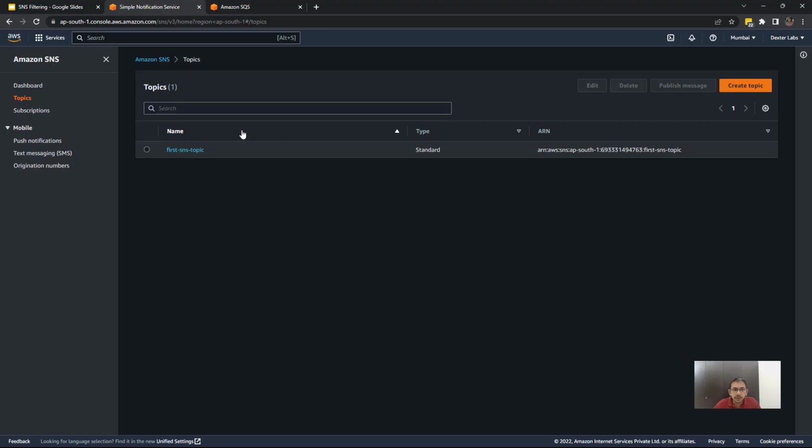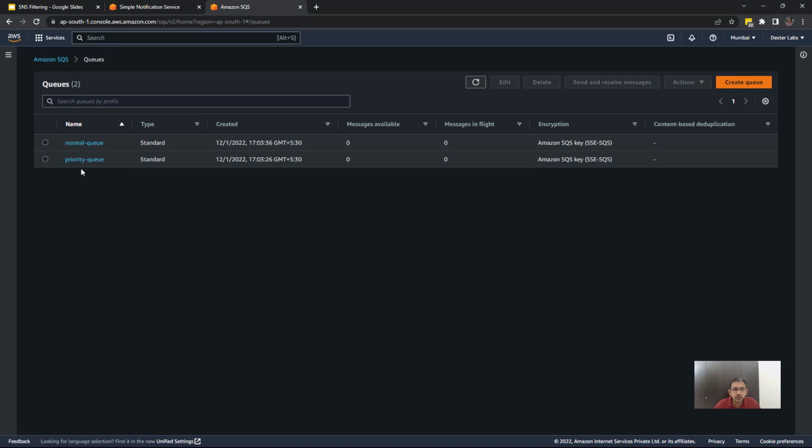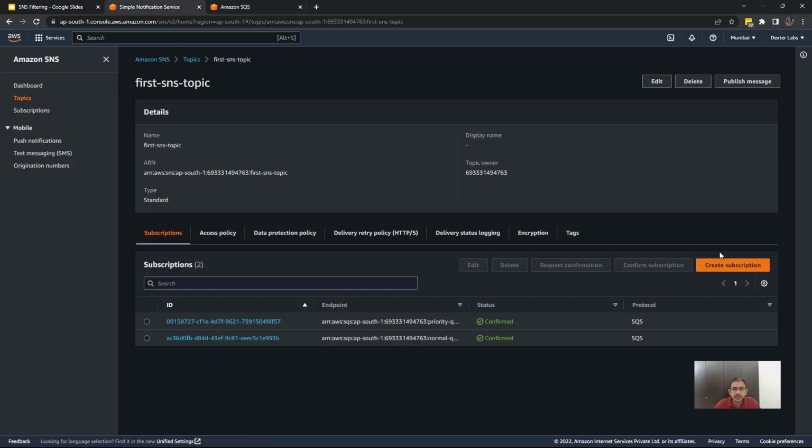Now for today's demo, I have an SNS topic called first SNS topic, and I have two queues. One is the priority queue and the second one is the normal queue. Now if I look into the SNS topic over here, there are two subscriptions associated with the two queues. You have a priority queue subscription and the normal queue subscription.